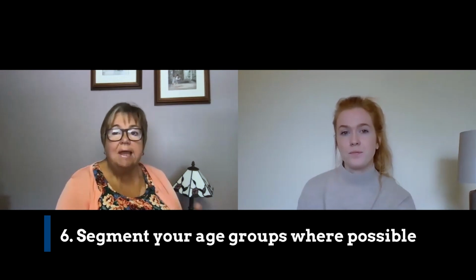Step number 6 is age segmentation. Segment your audience based on their age, just like you would if you were doing an on-site activity. Give them something of relevance that they can join in on by segmenting them based on their age, which will reduce the risk. Motivation to engage increases where communications are seen to be relevant and tailored to specific groups, and it will enhance engagement.